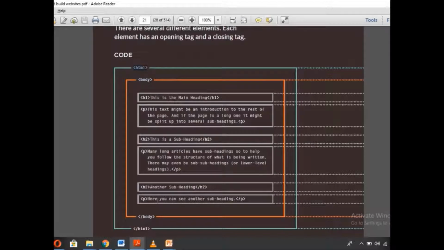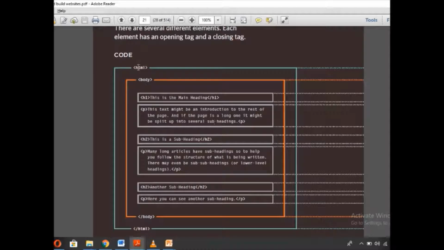So these are tags. HTML is a tag language. You usually have paired tags. An opening tag, this is opening, and this one is closing. The tag always closes with a slash, but there are also some tags that are singular, that do not have a closing. So it's the basic structure.